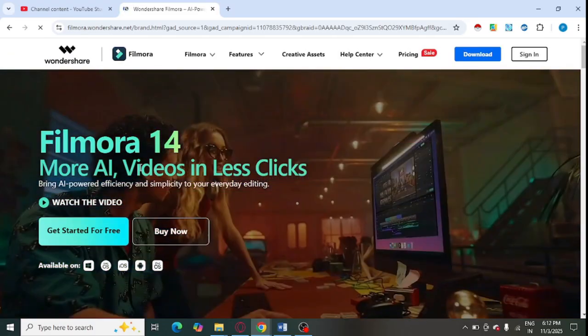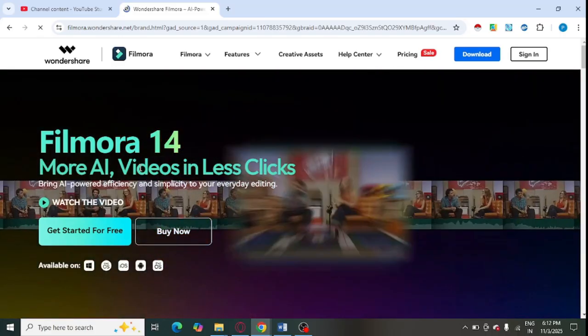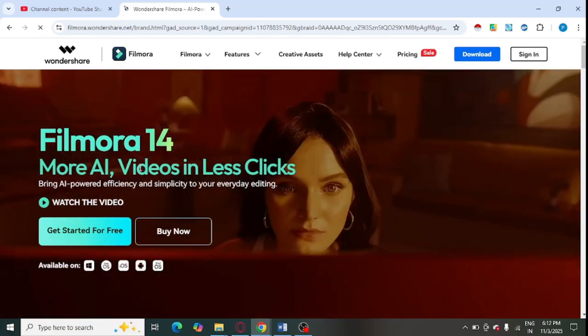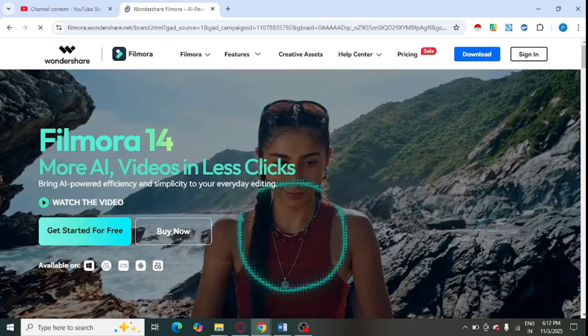So make sure to use the official website of Wondershare Filmora only and do not install it from any external website. So after installing it, see whether you are getting same issue or not,